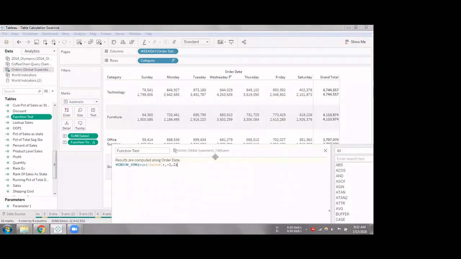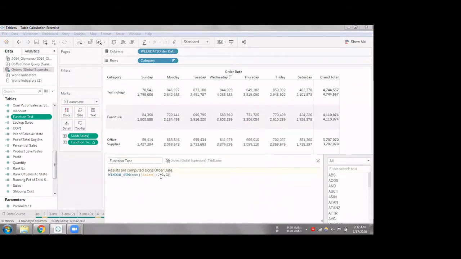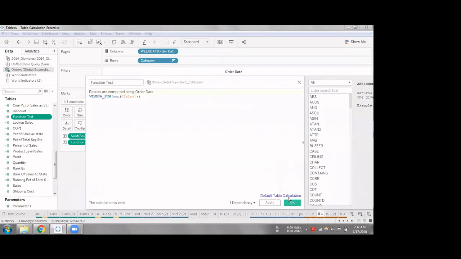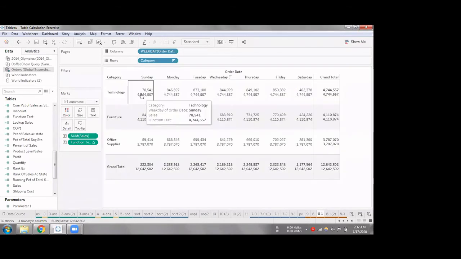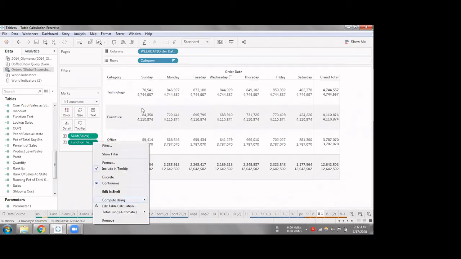Any questions so far on understanding how window sum and the parameters work? Jagdish, if in some case you don't give start and end, what will happen? Will it show an error, or by default will it assume something for the calculation? By default, it will assign something. At the moment it's taking all the scope of the table calculation to give the sum. If I change my calculation scope, then based on that scope, my value will change.